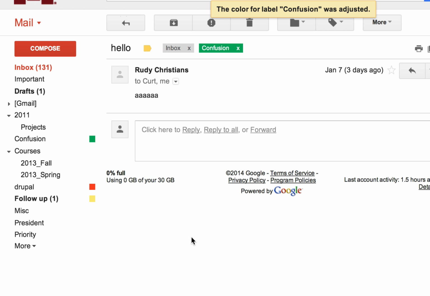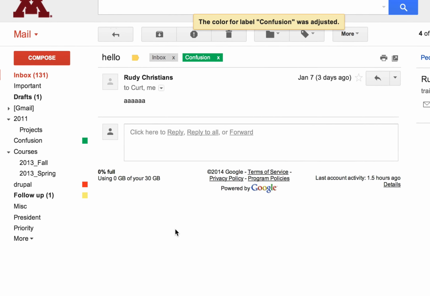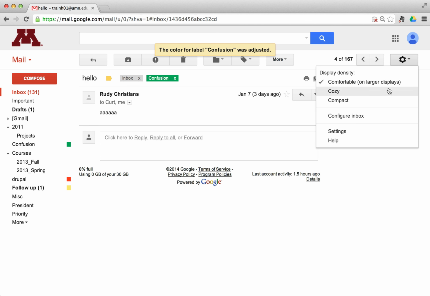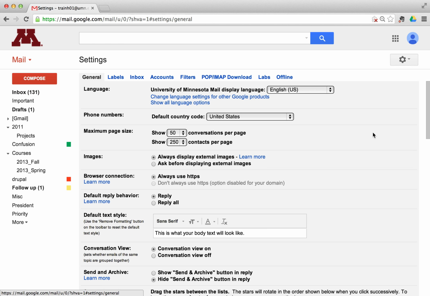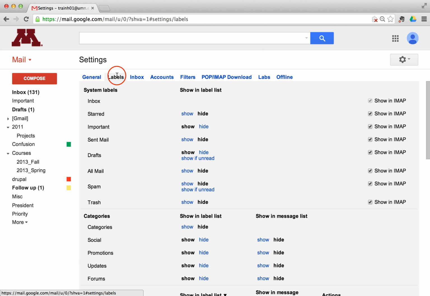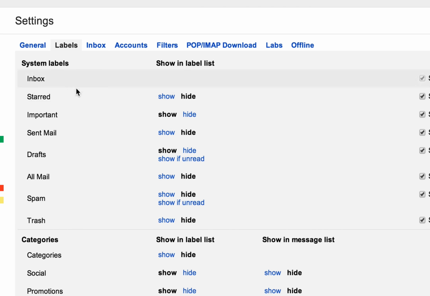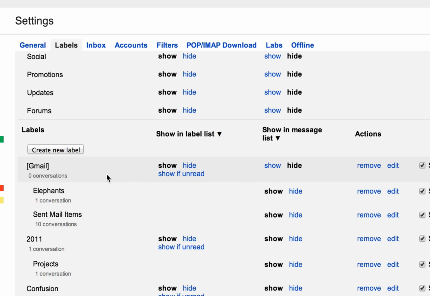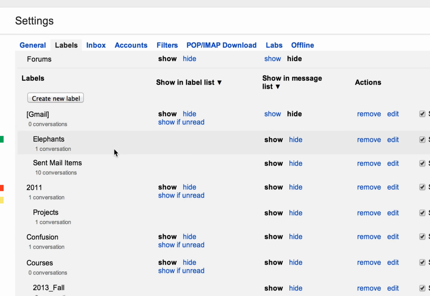And if you want to clean up your labels or somehow organize them differently, go to your settings and then click on the labels category at the top. At the top are the system labels. Then there are the categories, which is different ways of organizing your inbox. And then all of your custom labels below that. This is where all of your Gopher Mail labels would appear. So if you want to edit the contents, you can just click in a box and you can type your new label. This next column, Show in Label List, show and hide,